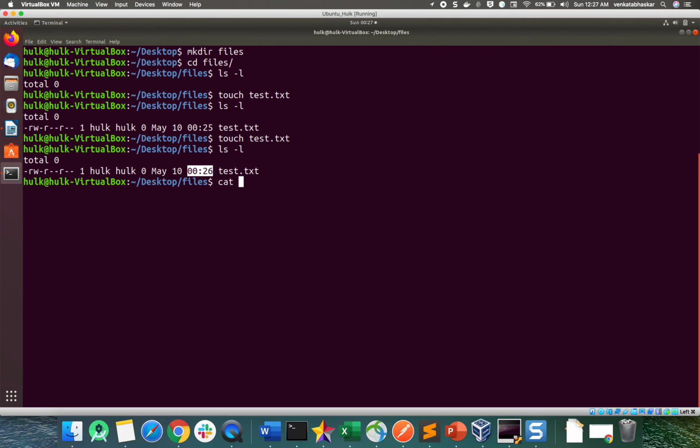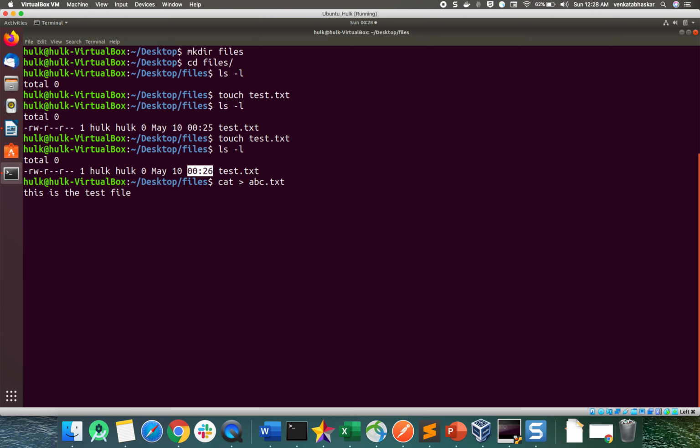Just go and check now. cat, arrow mark, abc.txt. Immediately it goes to the next line, which means you need to add some content in abc.txt. I'm writing: this is the test file.